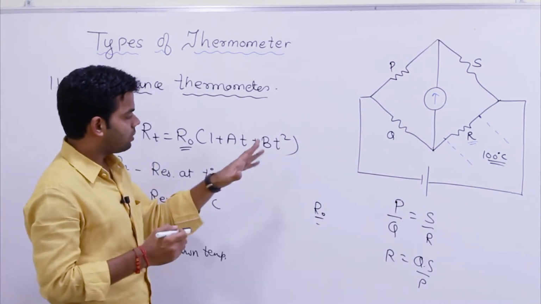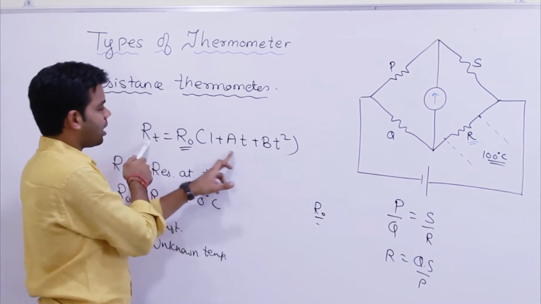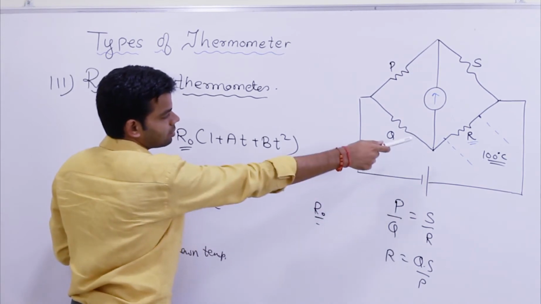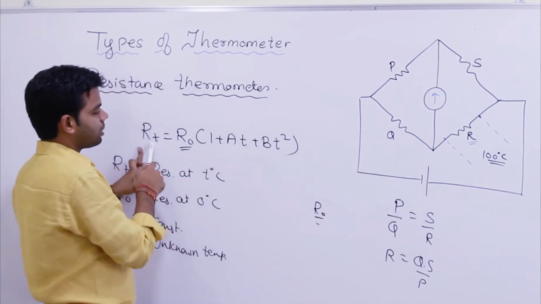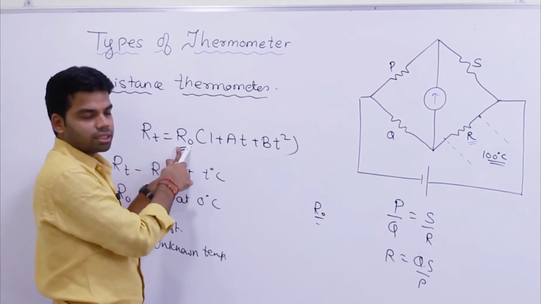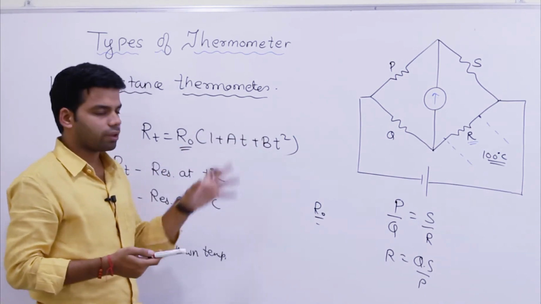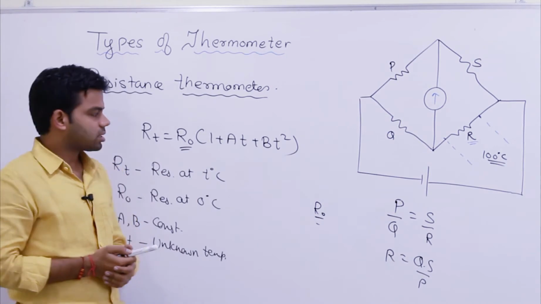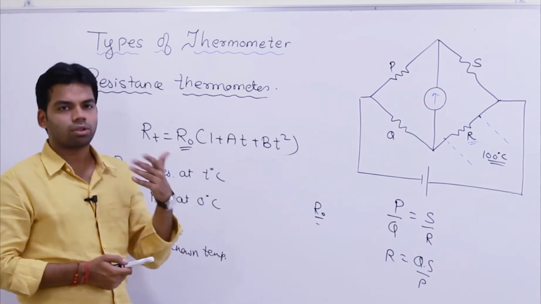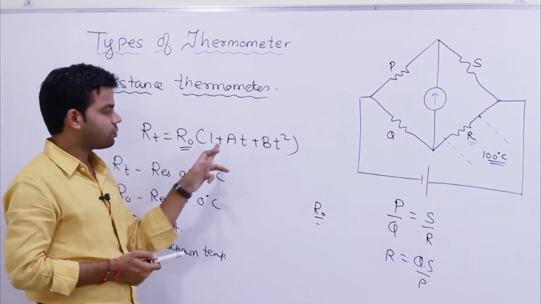Again, the value of this RT, the resistance at 100 degree centigrade, we can determine. We know the resistance at 0 degree centigrade. So from here we will get another equation in terms of A and B. Getting this now? Okay, so we have two equations, two relations, two variables, so we can determine the value of